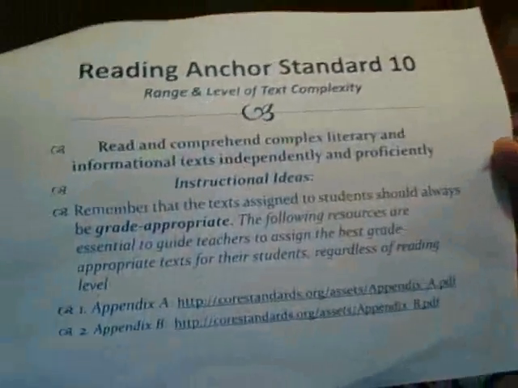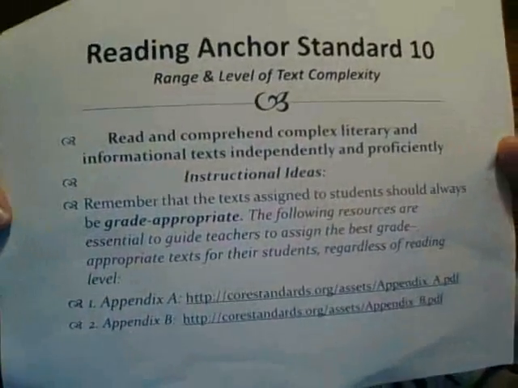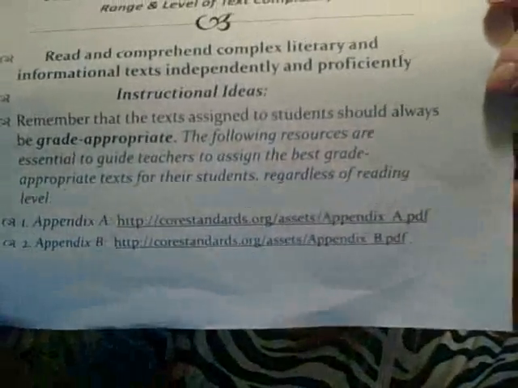So, and then finally, we're at Reading Anchor Standard 10. Hooray! This is range and level of text complexity. So, read and comprehend complex literary informational text independently and proficiently. And the instructional ideas here are to remember that the text assigned to students should always be grade appropriate. The following resources are essential to guide teachers to assign the best grade appropriate text for their students, regardless of reading level. And I found these fantastic 2 links, and you'll just have to click on them yourself to see